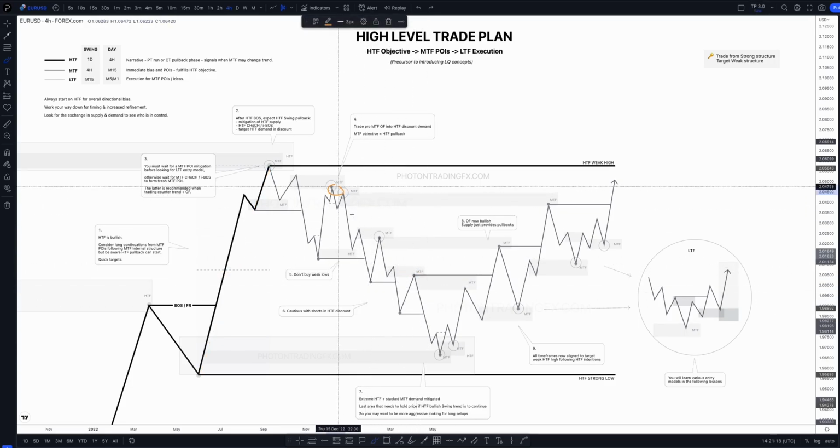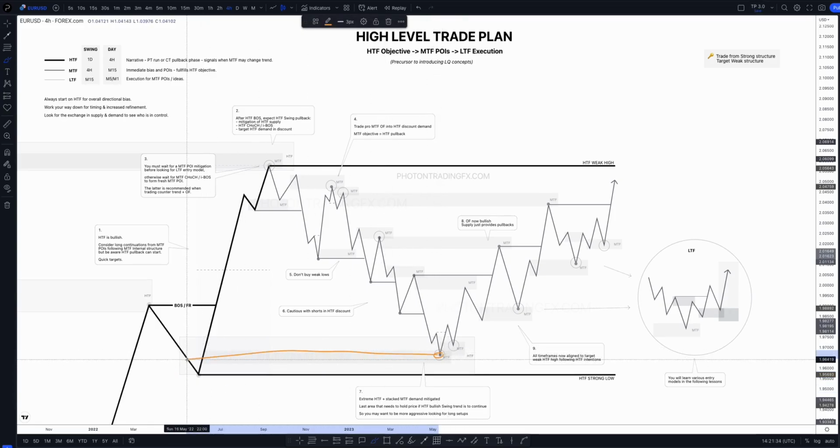So maybe you want to take shorts up here, maybe here. But now once we've pulled below the 4 hour discount, or maybe there's some 4 hour demands here, this is where you may want to hold off on shorts and just be patient. And now you want to start thinking about longs. So as we pull down into the 4 hour strong swing low, the higher time frame swing low,